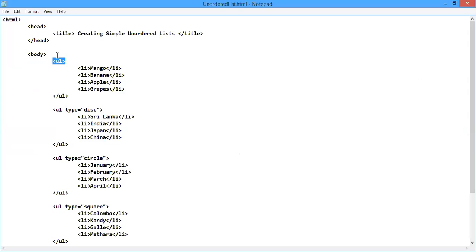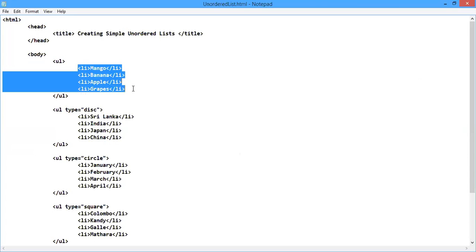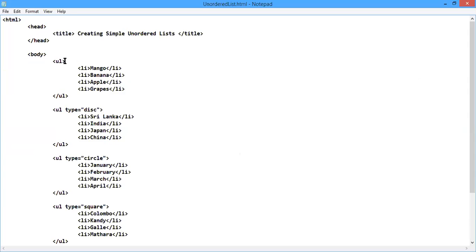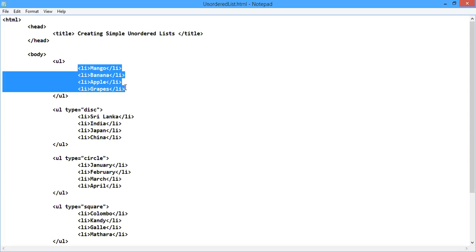Without using any attribute, if we just use the UL tag, it will display these list items with the default bullet symbol. To start the unordered list, we use the open UL tag, then the close UL tag to close the unordered list. In between these two tags, we have to include the list items.